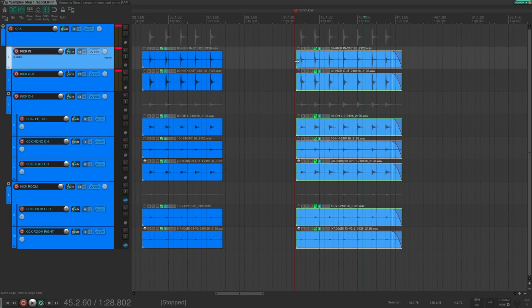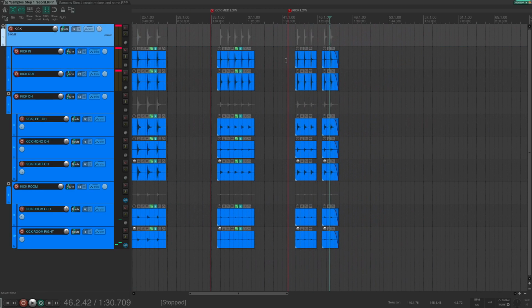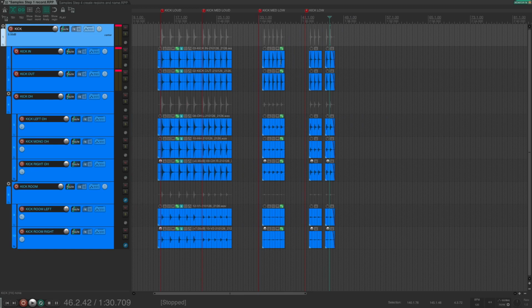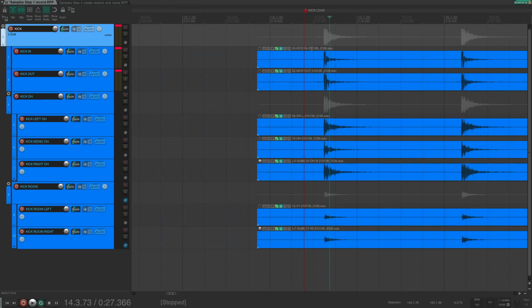I will delete the first one and also this one. Okay, perfect. Now we have selected our 5 samples per velocity range. The next step is to cut the samples. Make sure that all your recorded items are grouped together, so that all the changes you make are applied to